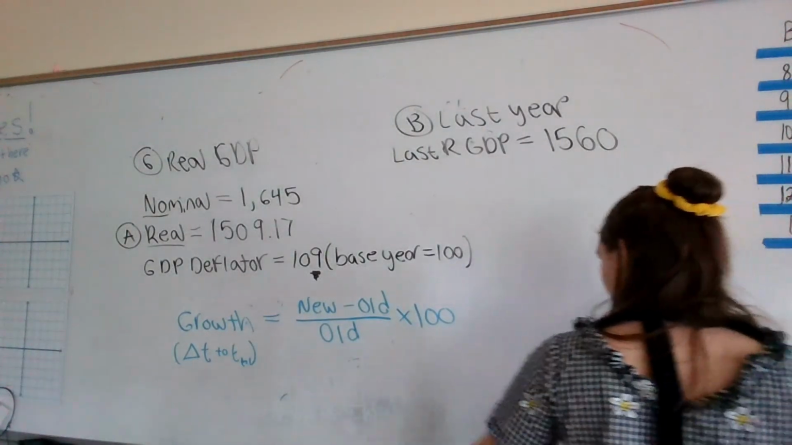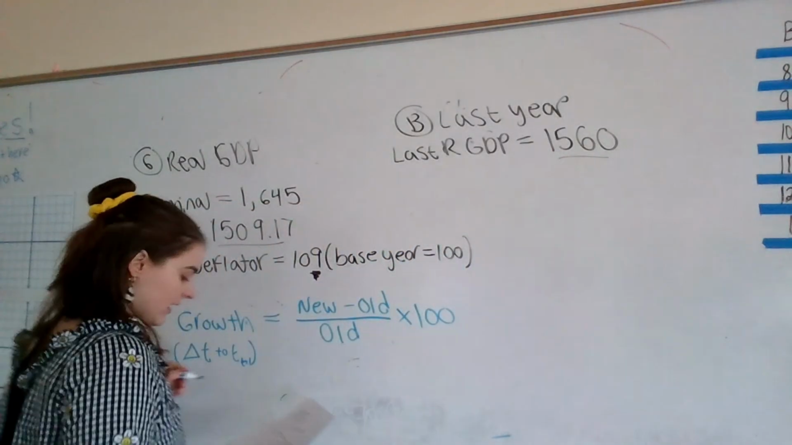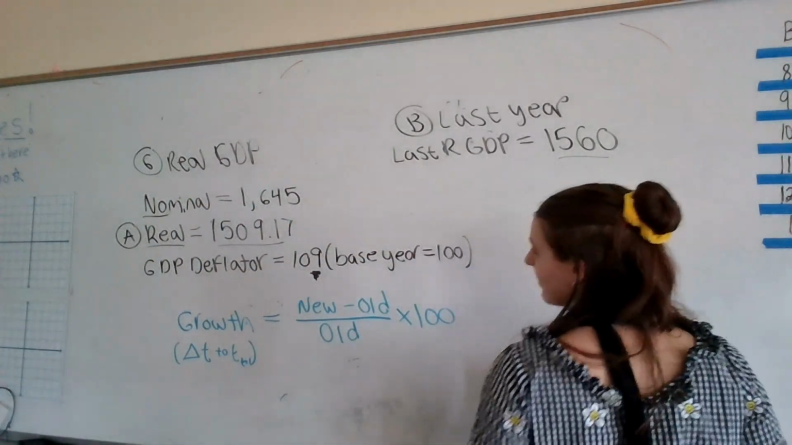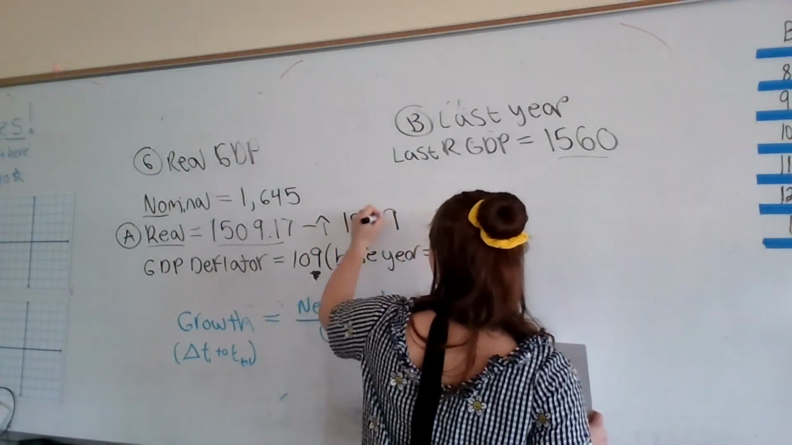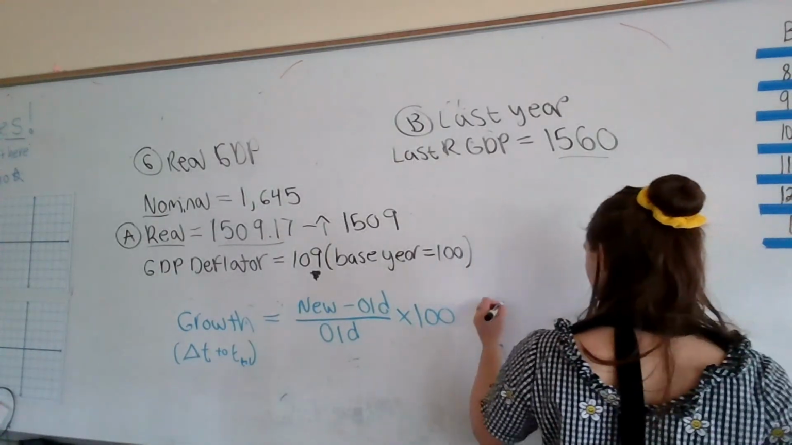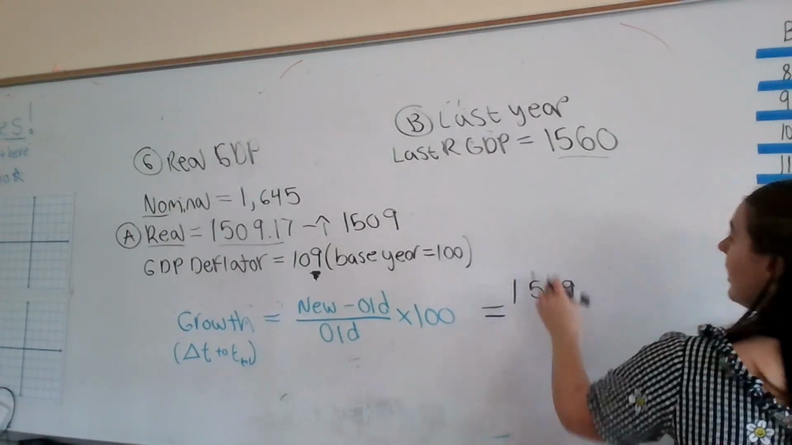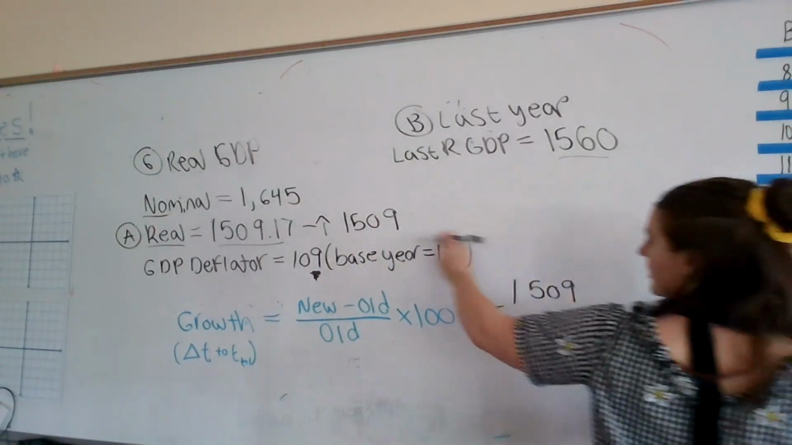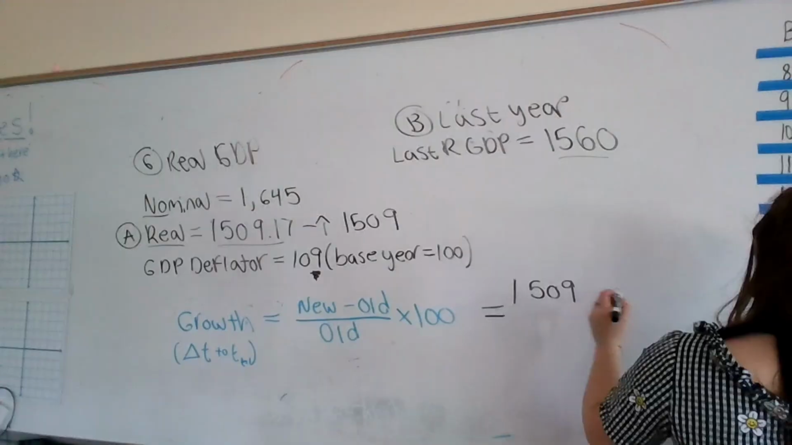So in this case, we plug our values in. We have our last year, we know our new real GDP, so we can subtract. I'm gonna round this up a little bit just to make this a little bit easier. So I'm gonna round up to 1509, and then I'm gonna plug that in. You don't have to. All right, so we got 1509 is our new. Remember, this is our last year. This is our current year. Last year, current year. So old, new, minus